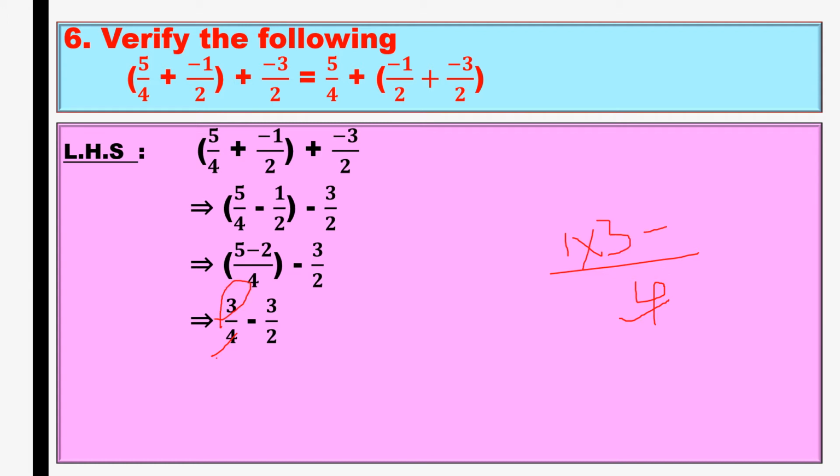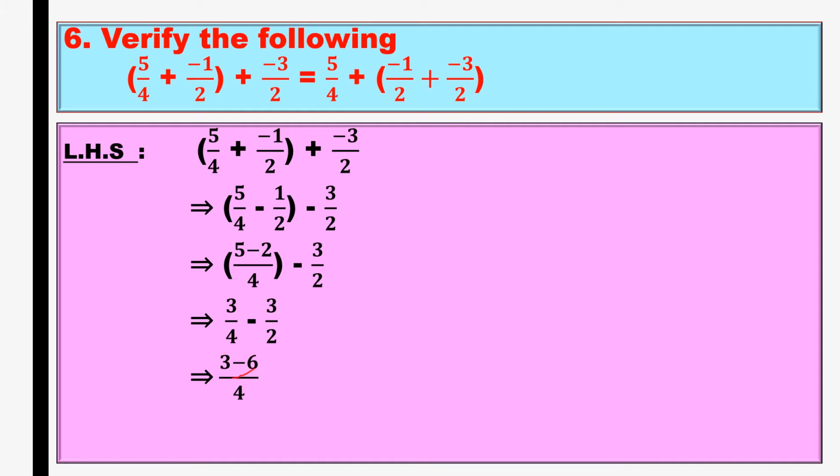Next, minus 2 divided by 4 is... 2 into numerator is 3. So 3. So 1 3 is 3. 3 minus 6. Okay. 3 minus 6 by 4. So 3 minus 6. Here 3 minus 6 means first we should subtract this.